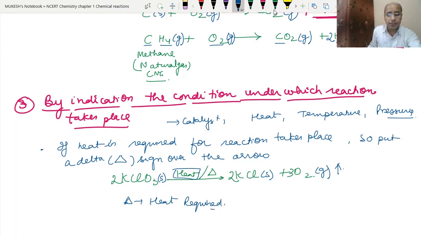There was one more thing that we had studied in the last examples, where we had taken the same example. There was one thing required, that was the MnO2. Okay, then MnO2 is what? Catalyst. So whatever the condition is required, it will be in the presence of the catalyst MnO2. So then we will write this thing also.